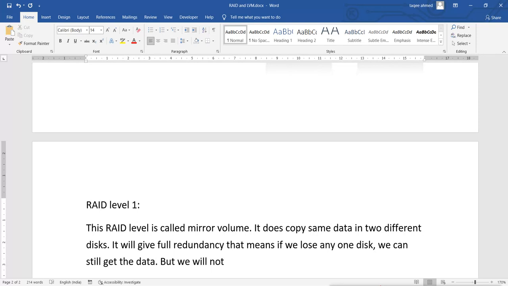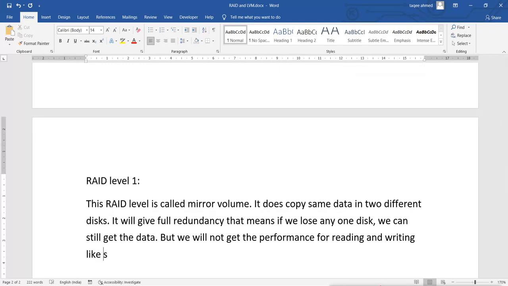We will still get performance for reading and writing, but not like the stripe volume.